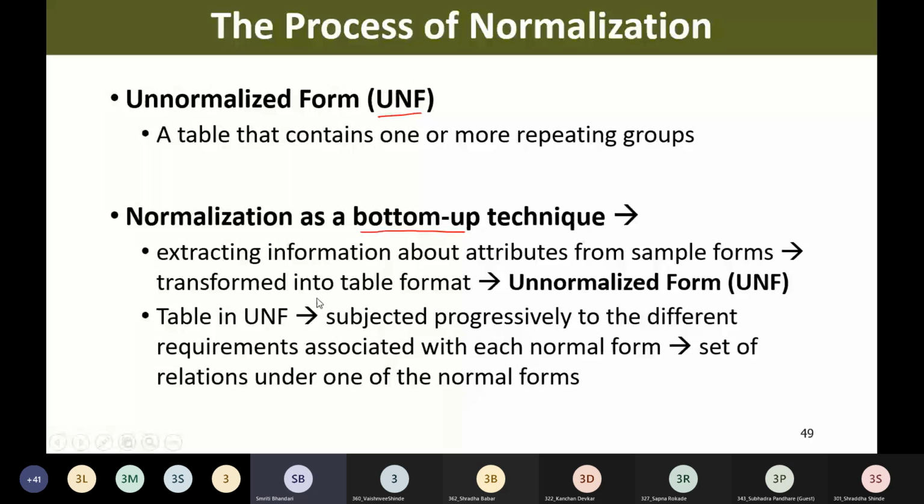With respect to every normal form, if we comply with the requirements of that particular normal form, then we come up with the set of relations under that particular normal form, and we go on having higher and higher normal forms